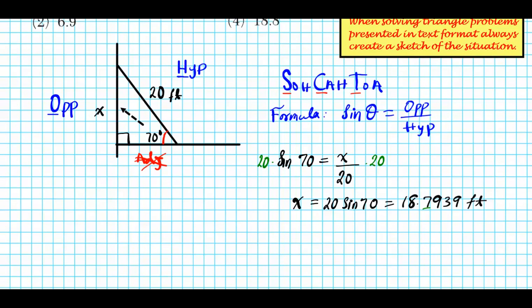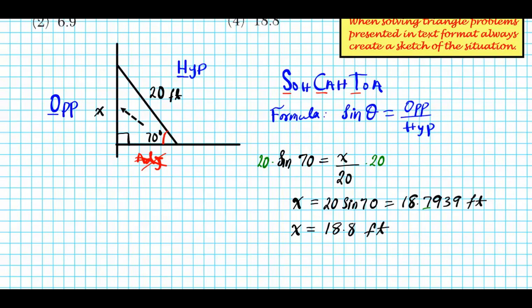So let's write down what our final answer is. x is going to be equal to 18 point. Now, since 9 is 5 or greater, we're going to round up. So you carry 1 to the 7, and then 18.8